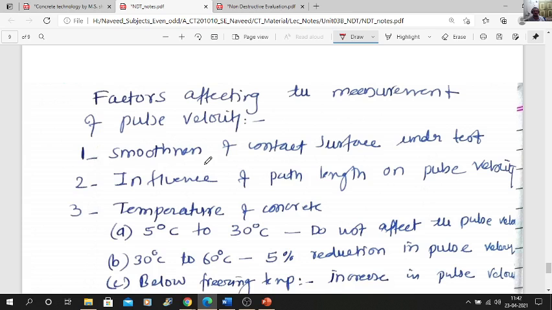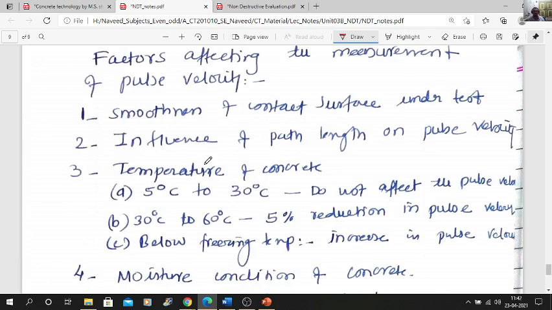So what factors affect the measurement of pulse velocity? First is the smoothness of the surface under test. It is very much needed. If the contact surface is loose and there are undulations, then it will affect your test result. The smoothness of the surface is very important.